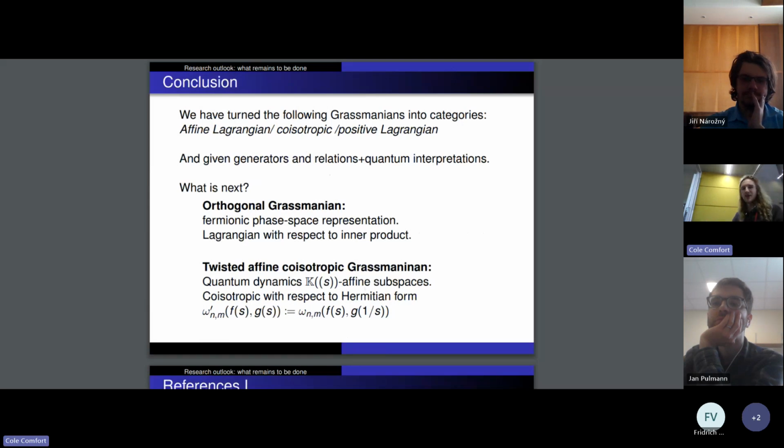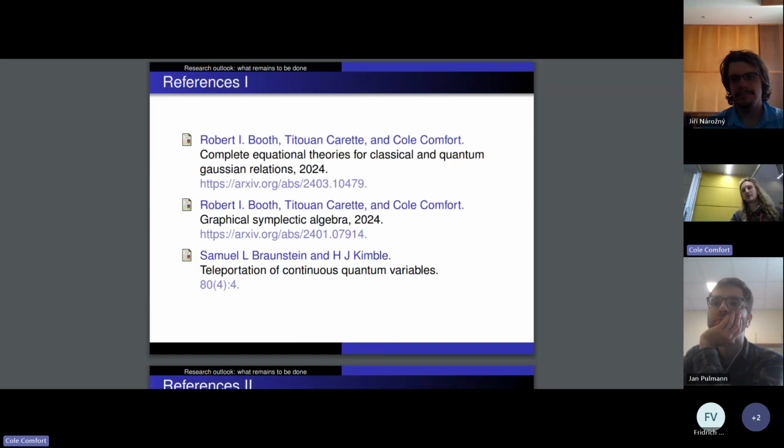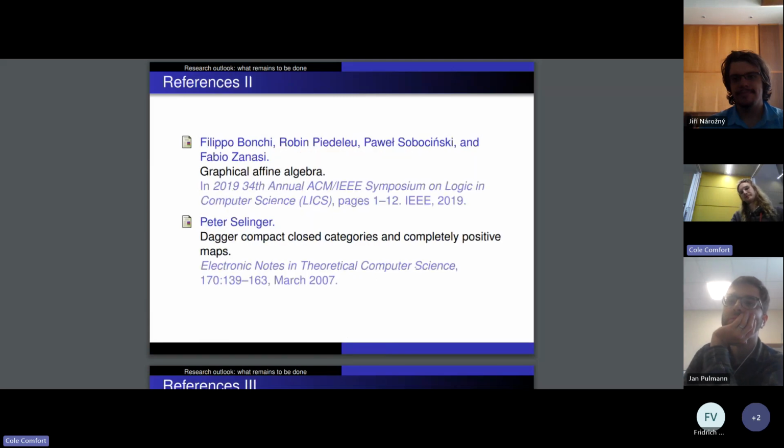It seems to me that this is the way that people talk about dynamics and generating functions in mechanics. So I think these are two natural ways which we can try to expand the work and try to axiomatize more of quantum mechanics using just pictures. And that's the end of my talk, and I've included some references.